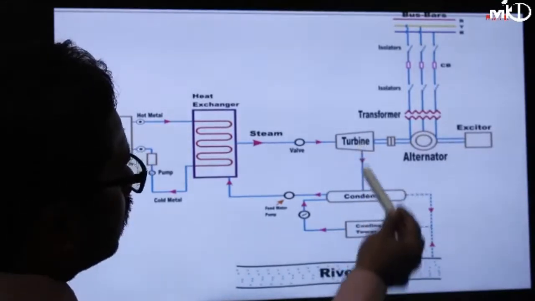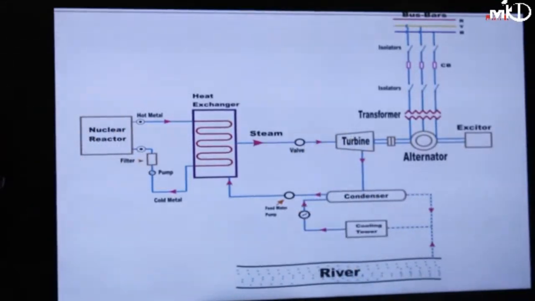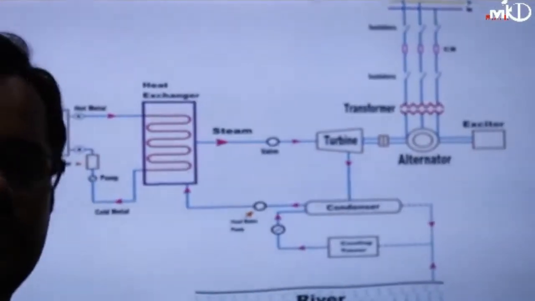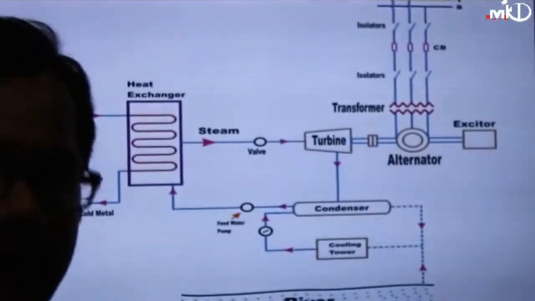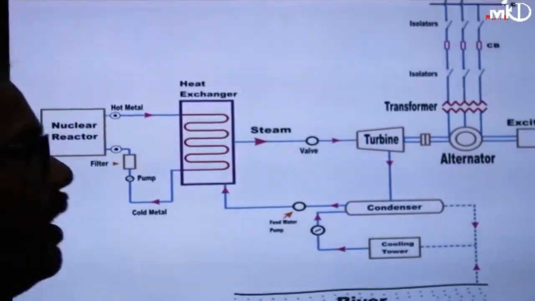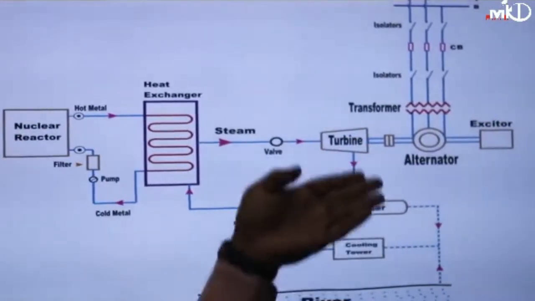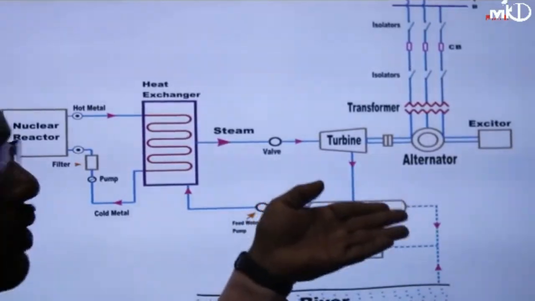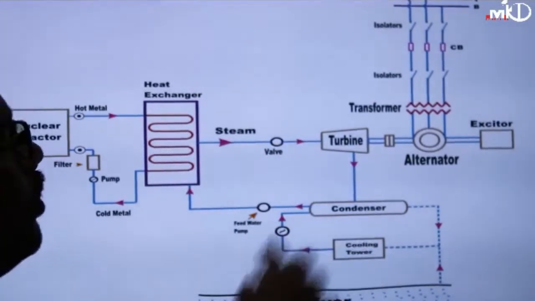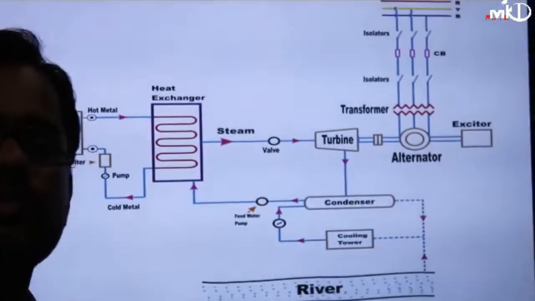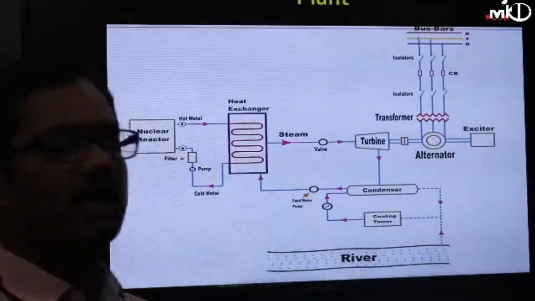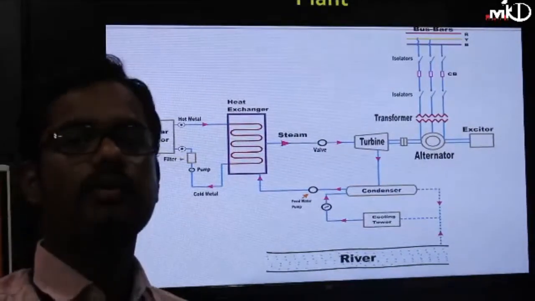Then the steam, after getting into the turbine, also gets out, and whatever steam gets out is called your exhaust steam. The exhaust steam needs to be condensed. It needs to be condensed, meaning its temperature should be reduced, and that hot steam will turn into hot water. Its temperature is reduced and it comes into hot water, and the cooling tower is present. It will cool that water, not steam, that hot water.